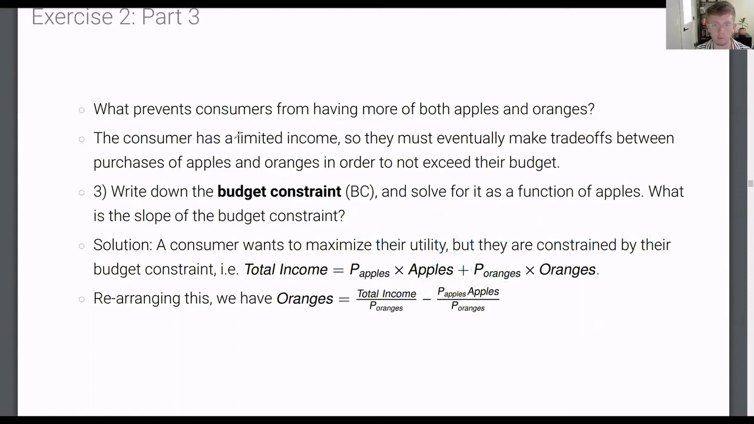So suppose that we want to write oranges on the y-axis, and then do everything in terms of the prices of apples and oranges, and then of the number of apples consumed. So what we'll do is, suppose we have I is equal to P apple times apples plus P oranges times oranges. Well, then if we